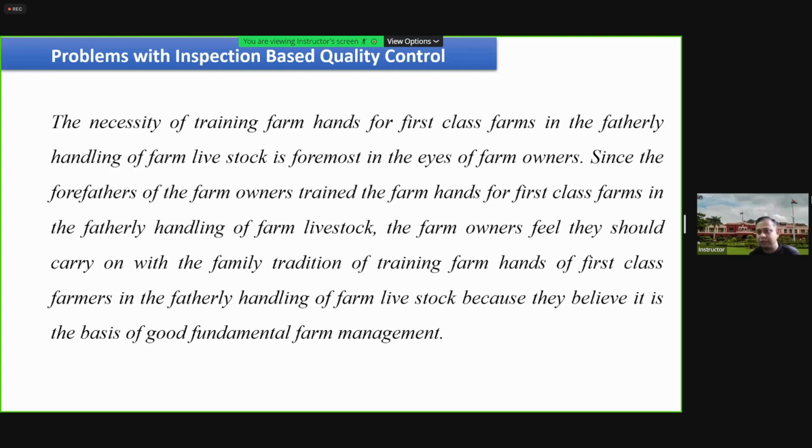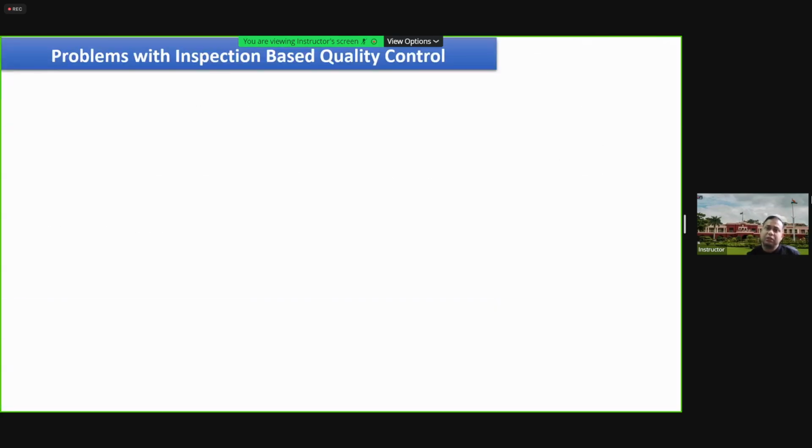Maybe he is getting a lot of products for the inspection, and that becomes a monotonous job, and that too in a time-constrained way. So we have constraints related to time also. So that is the major problem with inspection-based quality control. Even if we are investing time there, investing our resources in terms of people who are doing inspection, there is no guarantee that we will be able to detect the defects.